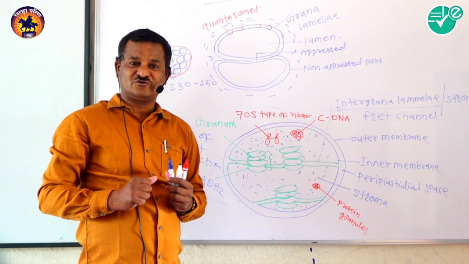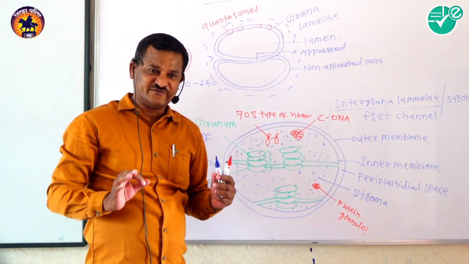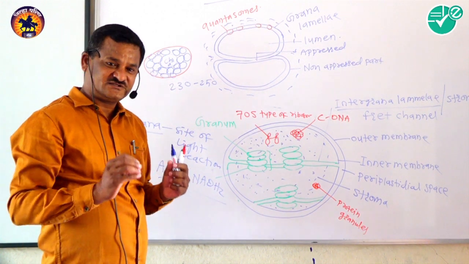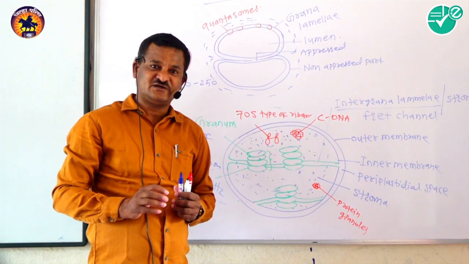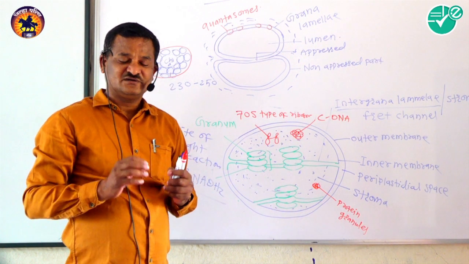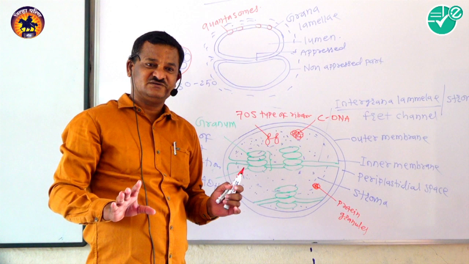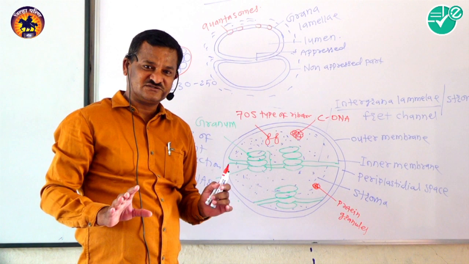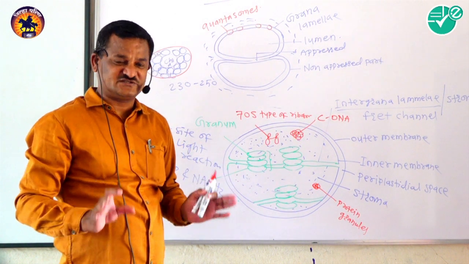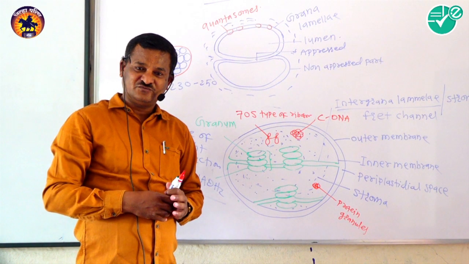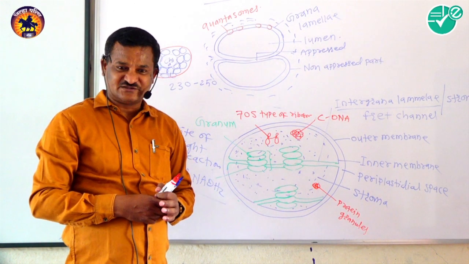Then the shape of the chloroplast is also different. The shape of the chloroplast is lens shaped, spherical, oval, rounded or disc shaped. Hence, in words, it is called polymorphic in shape. Then, under the electron microscope, the chloroplast shows different parts.